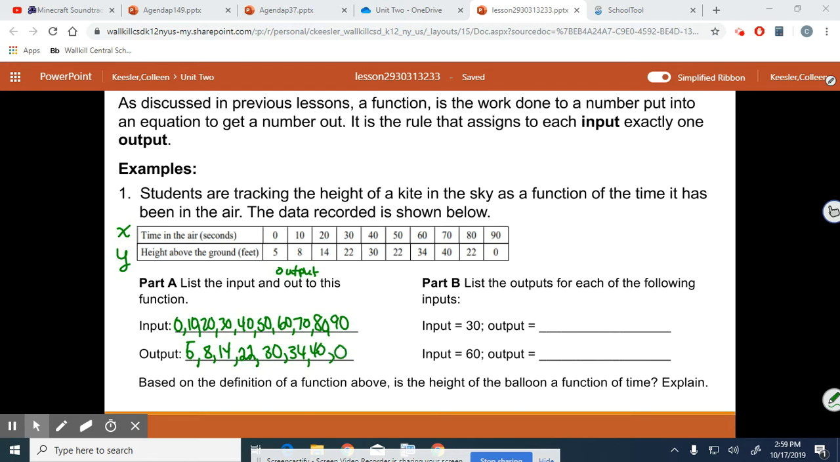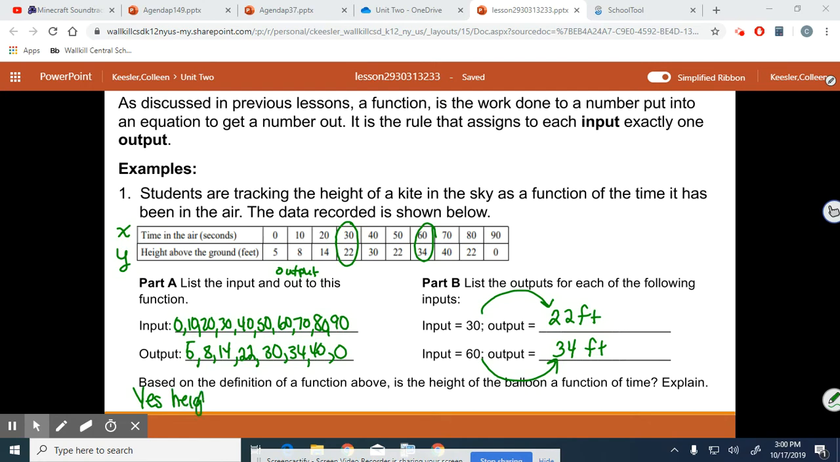Okay, so part B, list the outputs for each of the following inputs. So if we have an input of 30, we get an output of 22 feet. If we have an input of 60, we have an output of 34 feet. Each of those inputs only matches one output. So, based on this definition of a function, is height of the balloon a function of time? Explain. So here we could say yes,